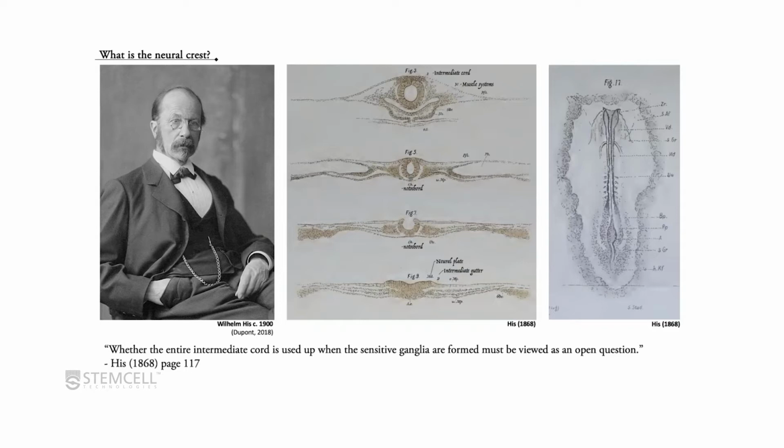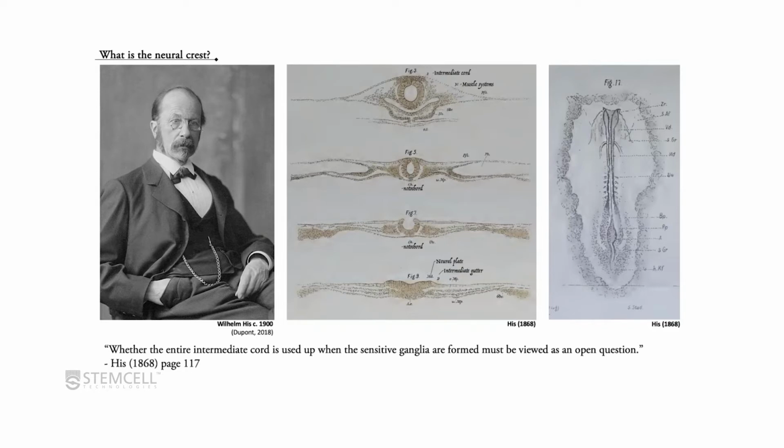Using the comparative embryological techniques of the time, His was only able to identify the neural crest post-delamination, and debate continued into the 20th century as to whether the neural crest emanated from the neural tube or developed as an entity unto itself. We now know that not only does the neural crest form in a neural plate border region that's distinct from the neural plate, but that the early specification events for this tissue actually occur during gastrulation,